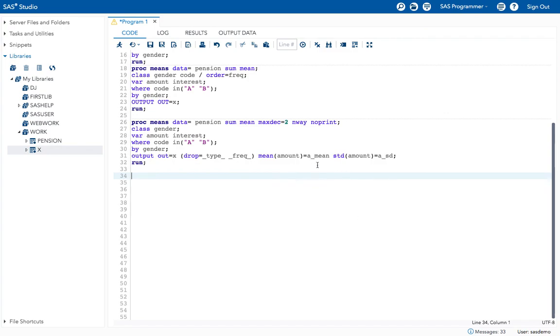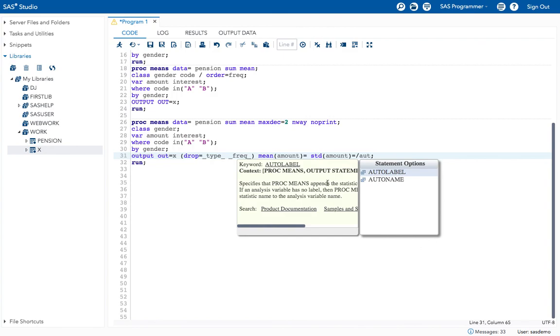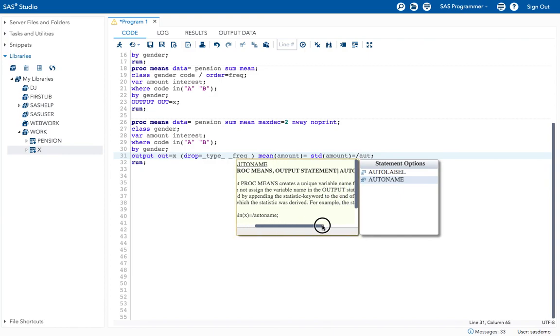Instead of mentioning variable names all the time, you can use the AUTONAME option. Okay, how can you do that? See, for example, instead of giving the name every time, I will take off this. Now slash, give AUTONAME. Okay, AUTONAME specifies that PROC MEANS creates unique variable names for the output statistics when you do not assign the variable names in the output statement.